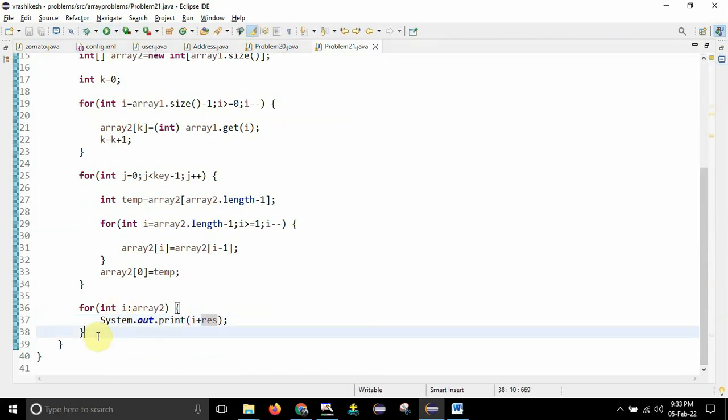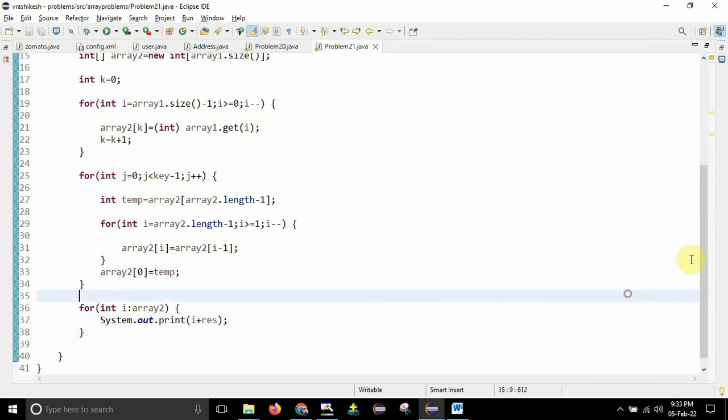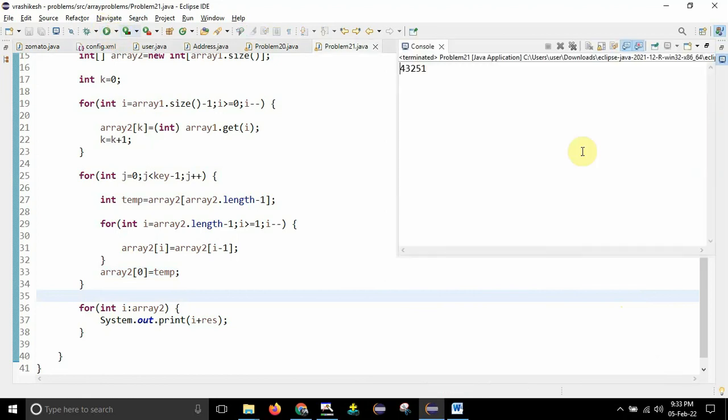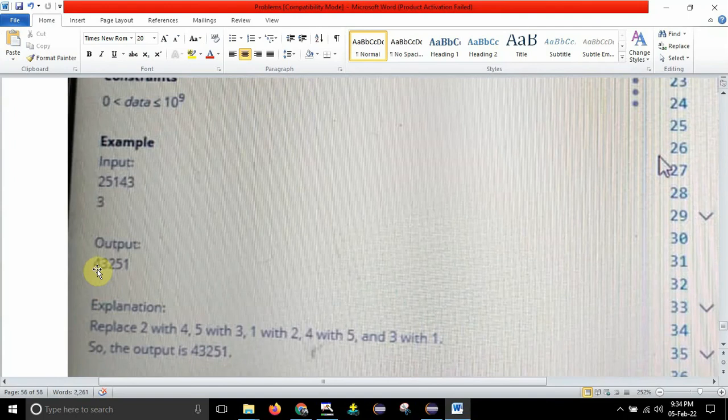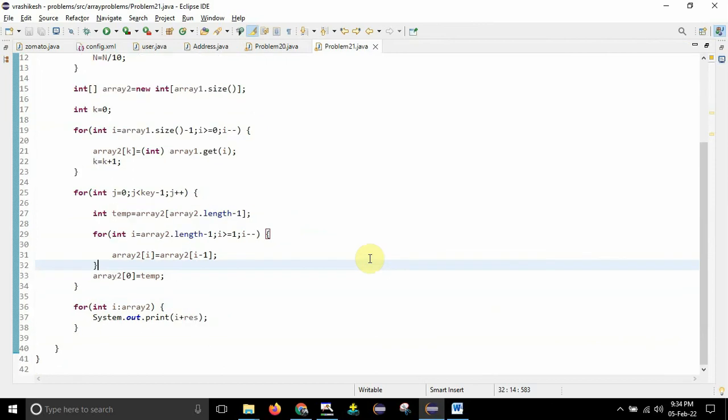So this is how you will be doing, guys. Okay. Yep, so this is it, guys, and I think you are able to see the proper output, and let me just run it for the last time. 43251, just cross-checking whether I'm getting the same. 43251. So this is how you will be writing the code, guys.